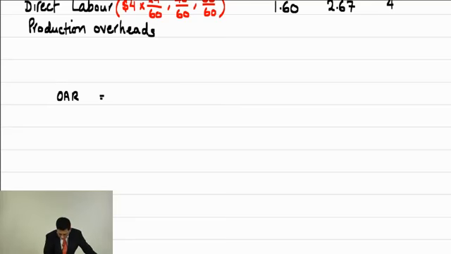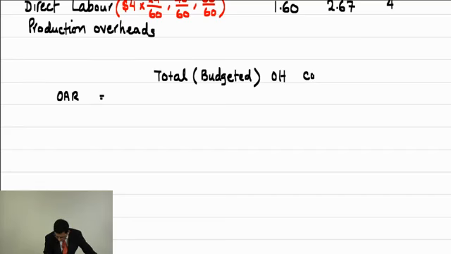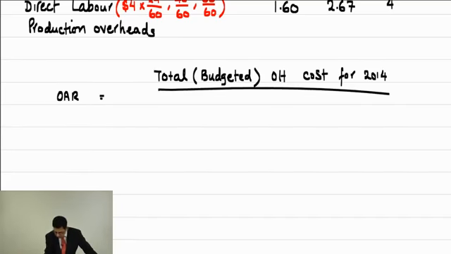Overhead absorption rate equals total budgeted overhead cost for 2014, the period given, divided by total budgeted